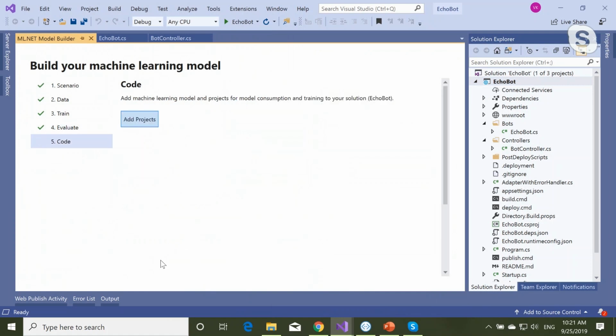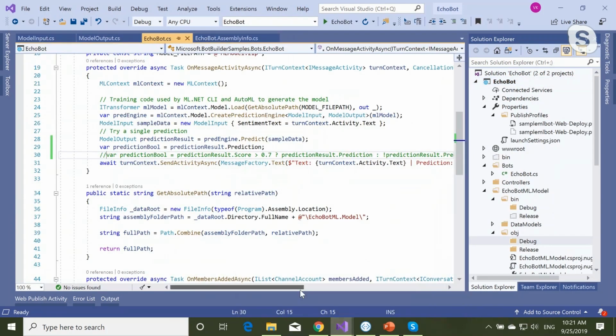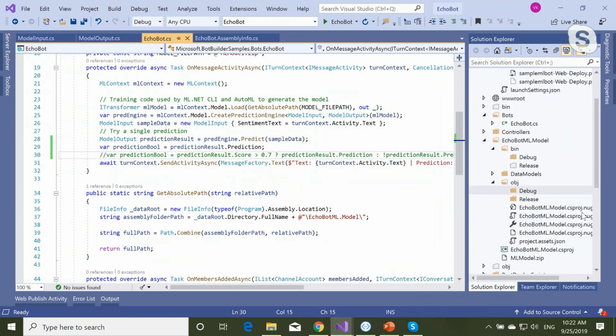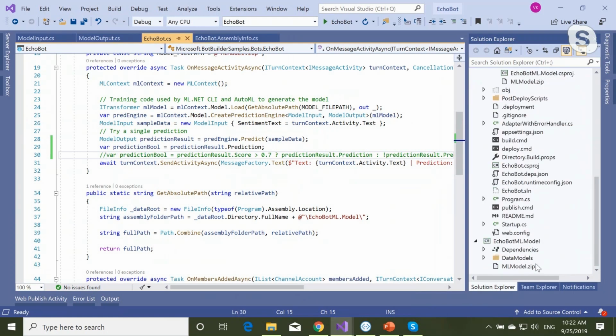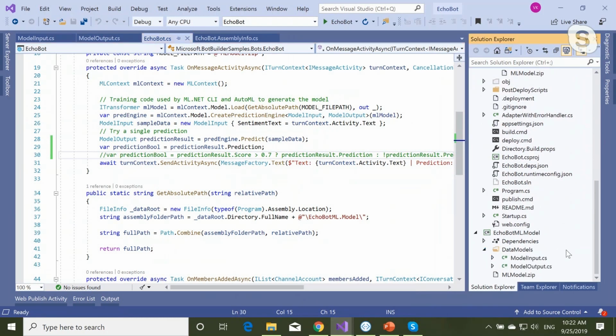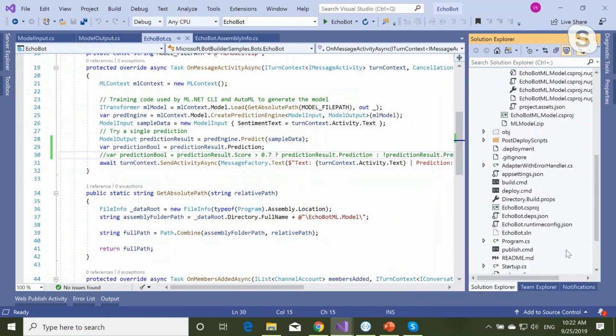And then we click on code and we add in projects, and it's going to add 2 projects to your solution. I am gonna switch here where I already added those projects. So there will be 2 projects. One is the model itself, and it is this one. So the model is going to be mlmodel.zip, and then some helpers here for you to develop.